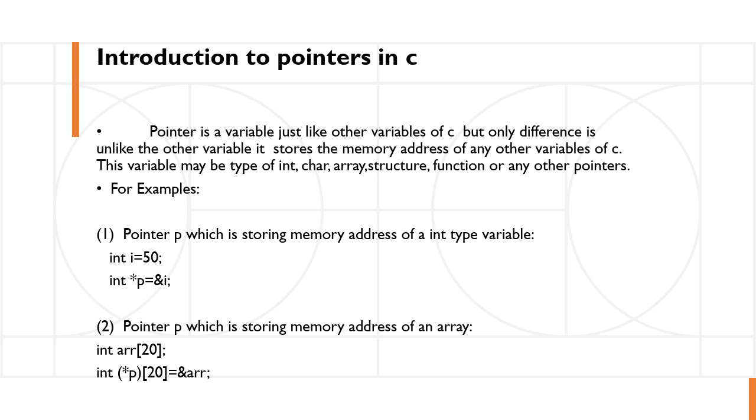For example, 1. Pointer p, which is storing the memory address of an int type variable. Look at this code: int i = 50 and int *p = &i. Next, pointer p, which is storing the memory address of an array, int arr[20]. So int (*p)[20] = &arr. That means it stores the first address of